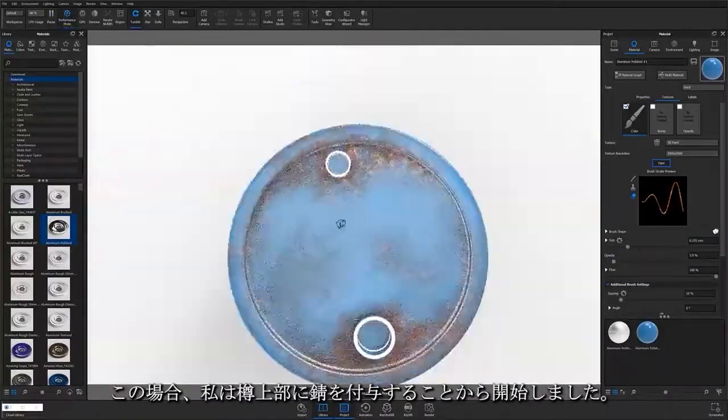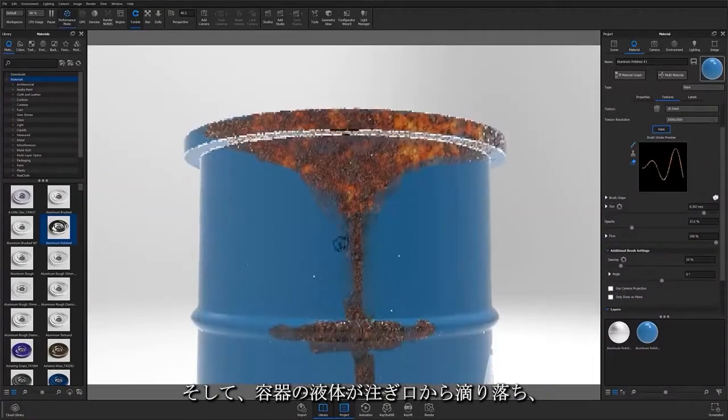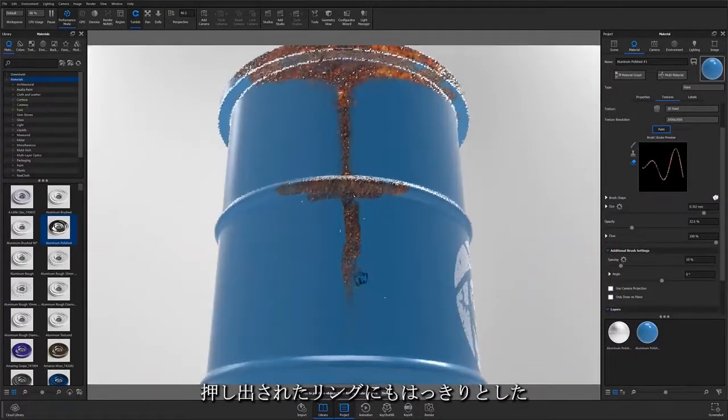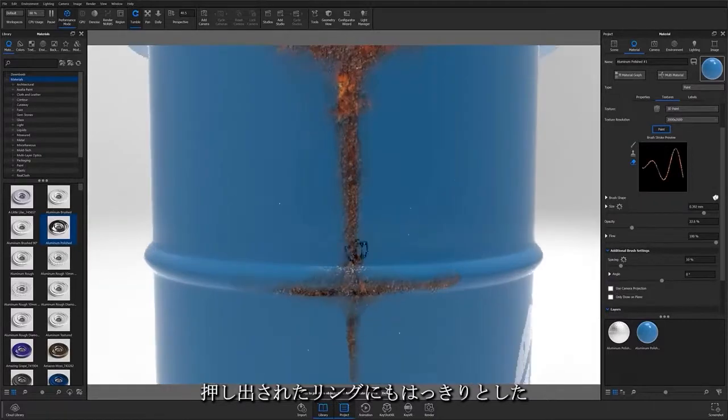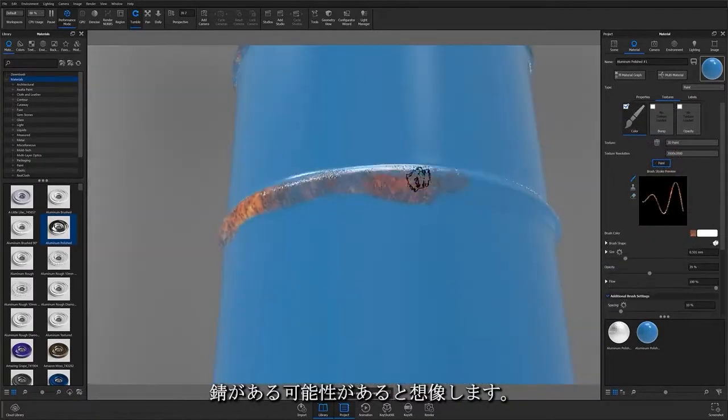In this case, I've started by adding rust to the barrel's top surface. I then imagined rust might form where the container's liquids have dripped down from the pour spouts, and maybe there's also some prominent rust on the extruded rings from where paint has chipped away due to the barrels making contact